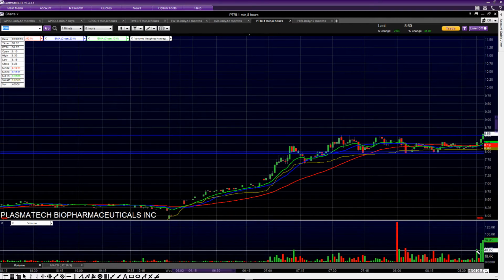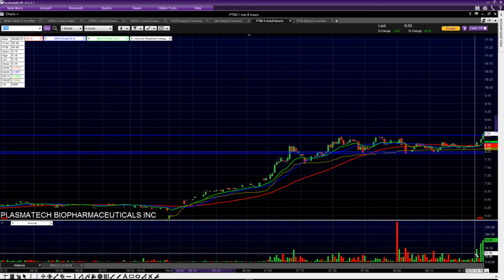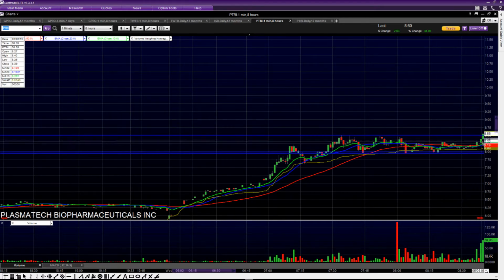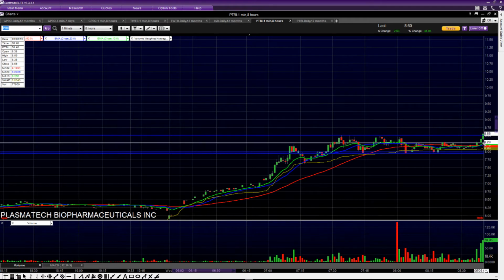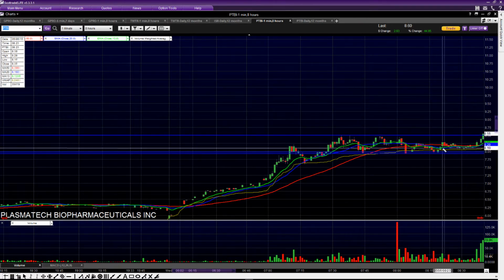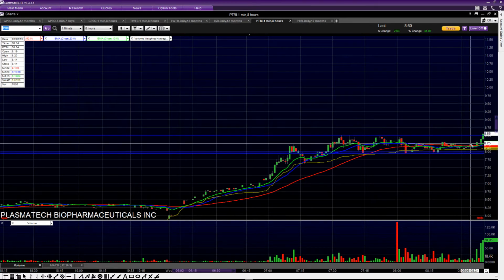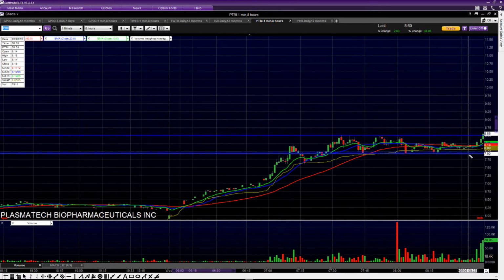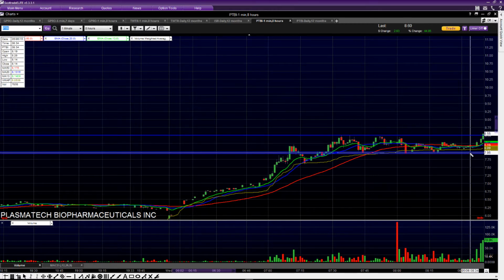And it breaks out on high volume. See this volume increasing? If I would have seen this, I might have gone long right here. You see my 13 EMA starting to curl up? That doesn't always indicate that it's going to break out, but being long on a stock, you could have